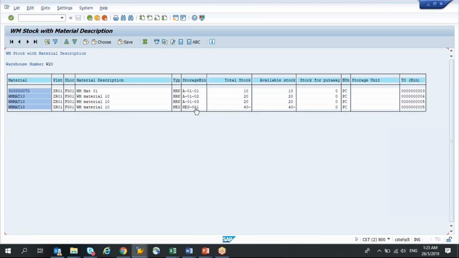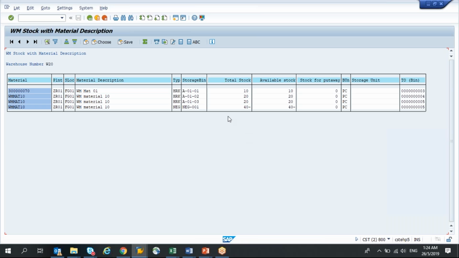stock situation, as you can see that now in the storage type NEG, instead of minus 20, I now have minus 40, and because I have moved another 20 pieces from this storage type from NEG to bin A0103 under HRK. So I got 20, plus 20 here. But if you do a summation here, if you add up 10, 20, 20, and minus 40, you actually have 10. So in warehouse, within one warehouse, you can have negative stock, you can have positive stock, but if you have to actually add up everything, and then the result that you get is the stock that you have at the IM